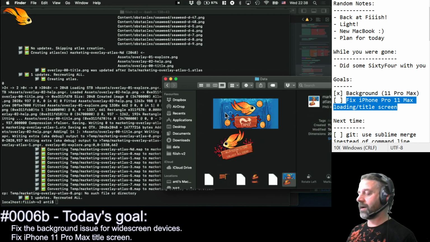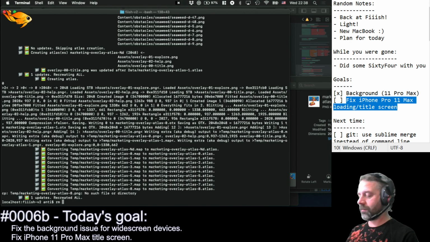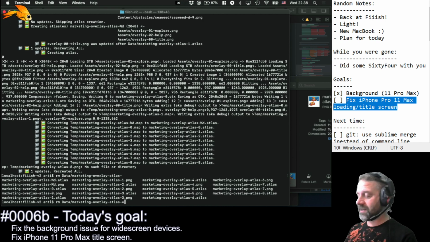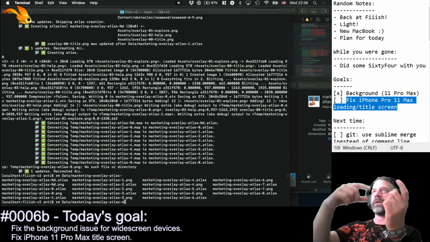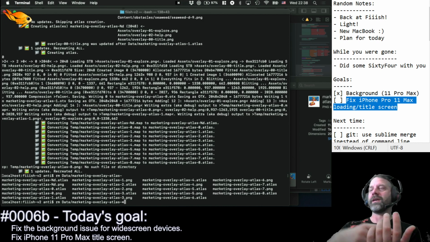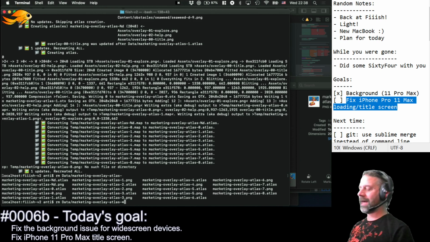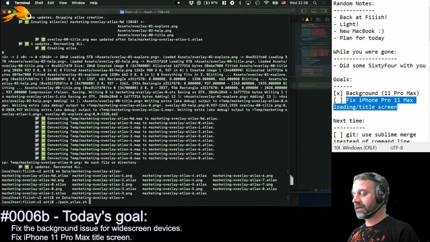So it's there, and I'm going to redo this one more time because we have like a gazillion atlas files now, because it tried to put it in and it doesn't work. Let's save it. Let's create a new one. So there should be a "hey, this will never fit" check, but